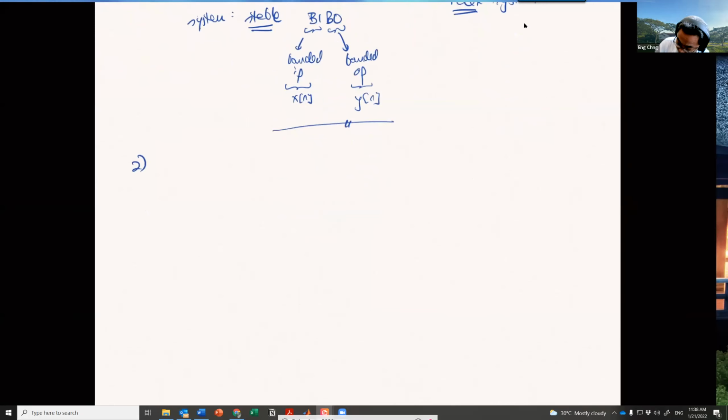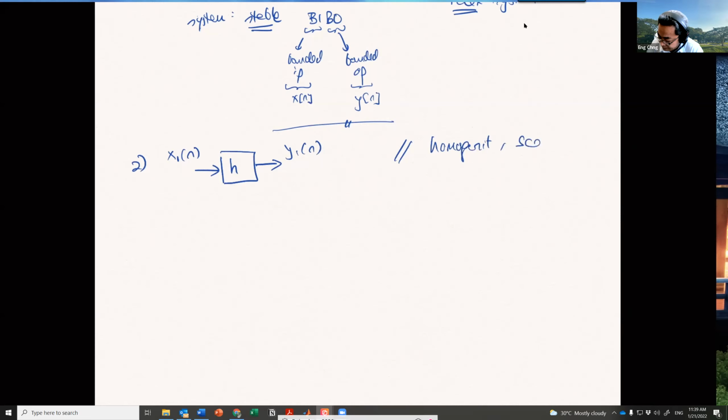Now, the linear systems look like this. Let's call this H. And if we have x1 of n, and let's pretend we can get y1 of n. So x1 of n is a sequence of numbers, whatever sequence, and y1 of n is whatever is being produced by H. Now, a linear system needs homogeneity,